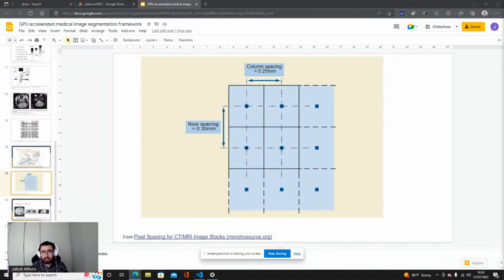Why are they not just ordinary file systems? Because we need this metadata. I just mentioned the most important from a practical perspective: what is the origin, what is the direction, what is the spacing. But there are more. For example, it is written what the patient's gender is, what series we have, what the exact properties of the current were that was used to generate the image, and what the device was exactly, because it can matter.